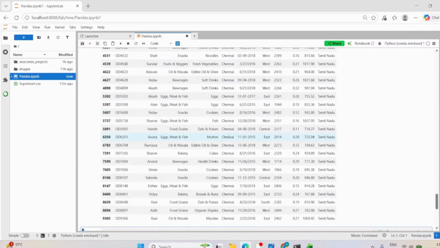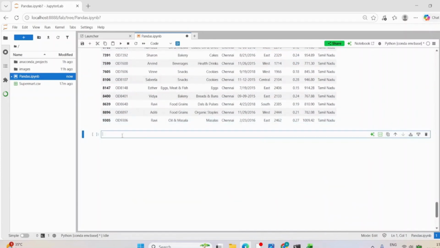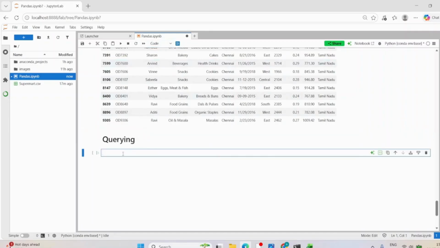You can use querying also. I will give a markdown here. Querying. For example, let's say I want to use dataset dot